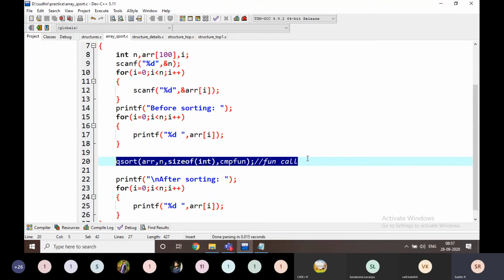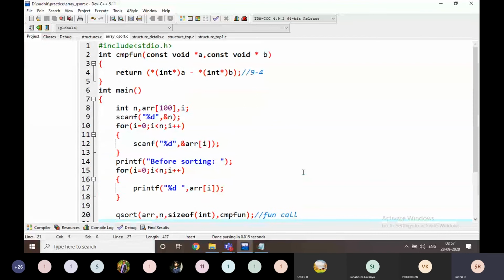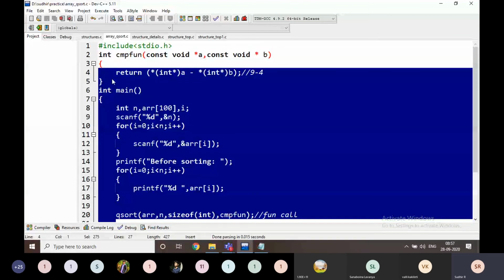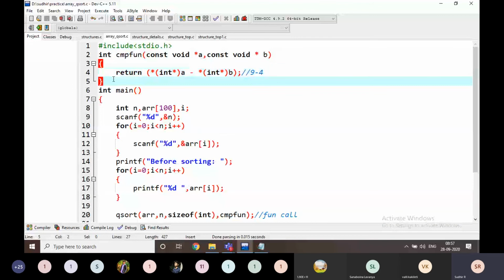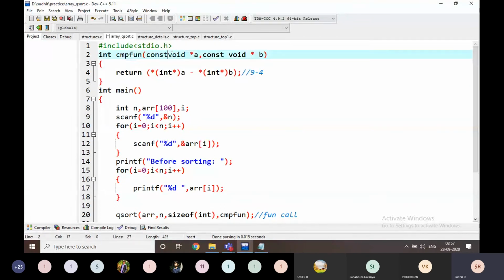This is the function call. Then we are going to write a function like this. int cmp fun of const. There is no need of const here. I'm going to delete it. There is no need of const and all these things.